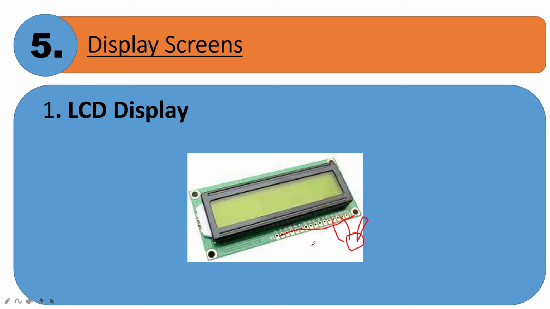So actually this is a little bit complex, that's why I use an I2C module for connecting this with Arduino. When we use an I2C module, you have to connect just 4 pins to Arduino. One is positive, second is negative, third is SDA, and fourth is SCL. I have already told you what SDA and SCL are, serial data and serial clock, and pins A4 and A5. When we use this I2C module, the connection of this screen with Arduino is very simple.